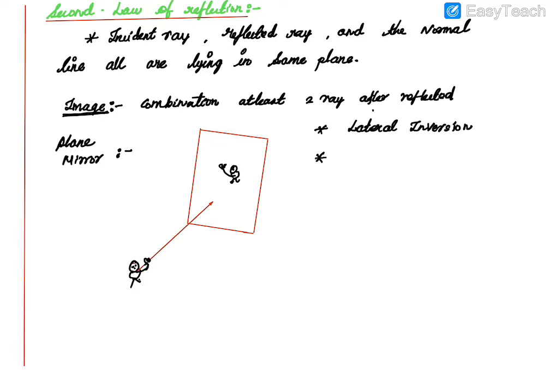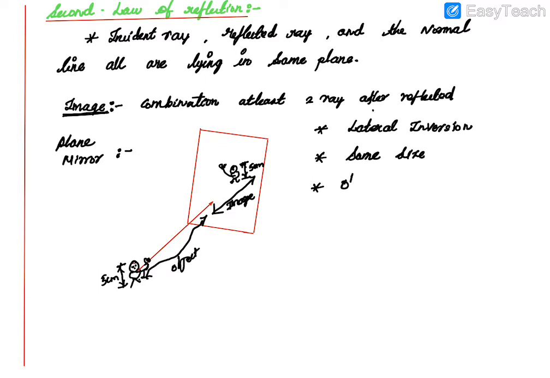The second one is the size of the body. If it is a small object, say 4 or 5 centimeter in height, what will the image be? The image will also not change in the plane mirror; you get the same size image. And what about the distance? The distance from the object to the mirror and the image is shown. This is called the object, and inside it is called the image.